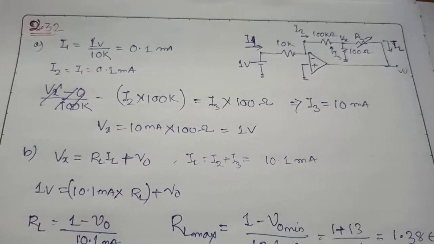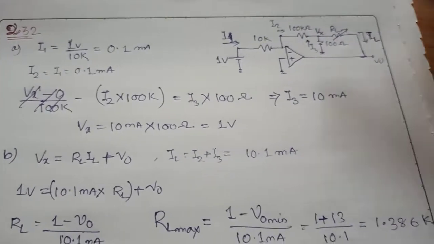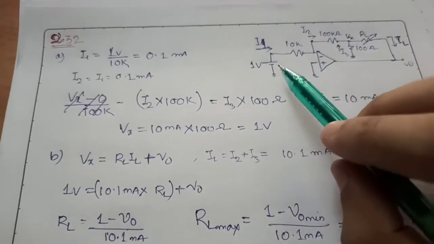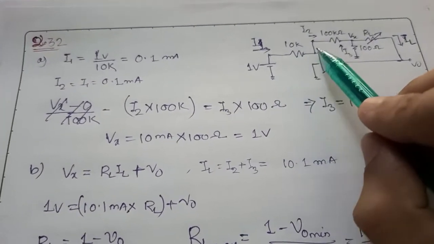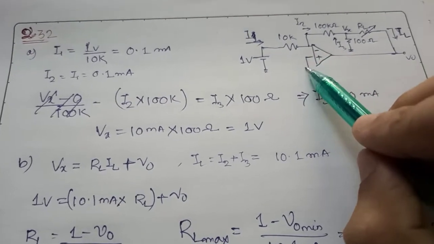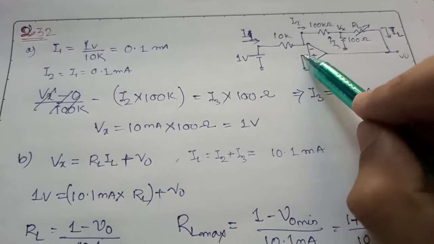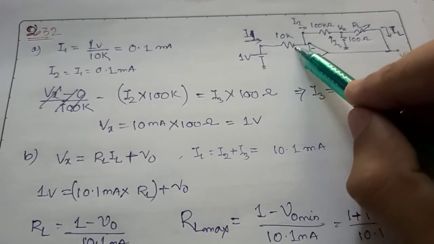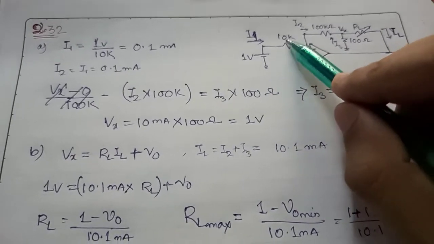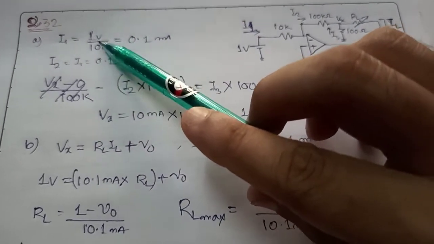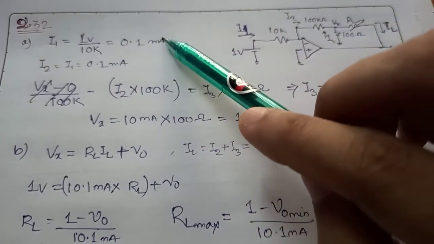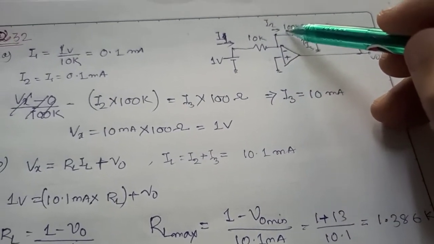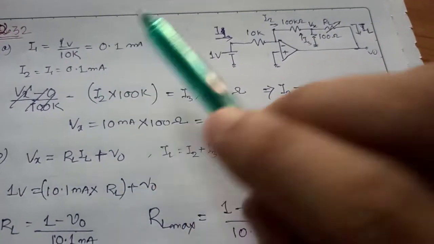So in 2.32, it is given as an ideal op-amp, and we have to find the values of I1, I2, I3 and IL. Okay. You see a 1 volt is applied, and here a 10 kilo ohm resistor is connected. The op-amp will not draw any current. This voltage is nothing but 0 volt because it is grounded. Since this is 0 volt, according to the virtual ground concept, this is also 0 volt. So whatever current is coming, that is our I1, which is nothing but 1 volt minus 0 volt upon 10k, which is 0.1 milliampere. Since the op-amp will not draw any current, our I1 is the same as I2. Okay, so our I1 equals I2, which is 0.1 milliampere.